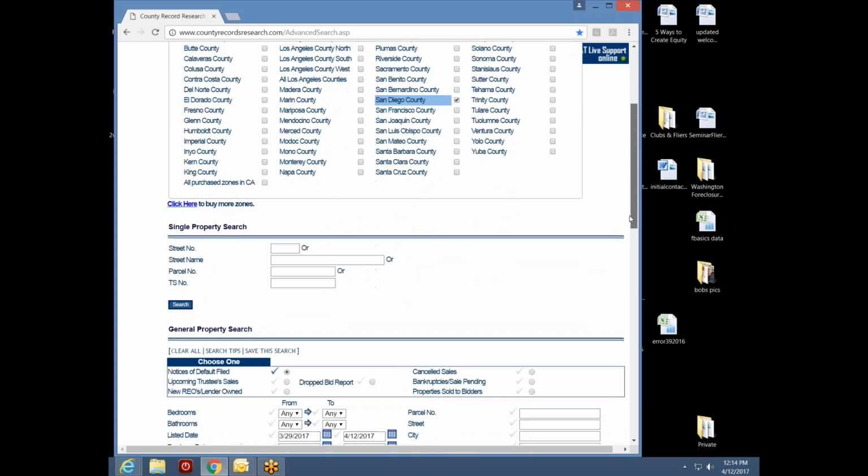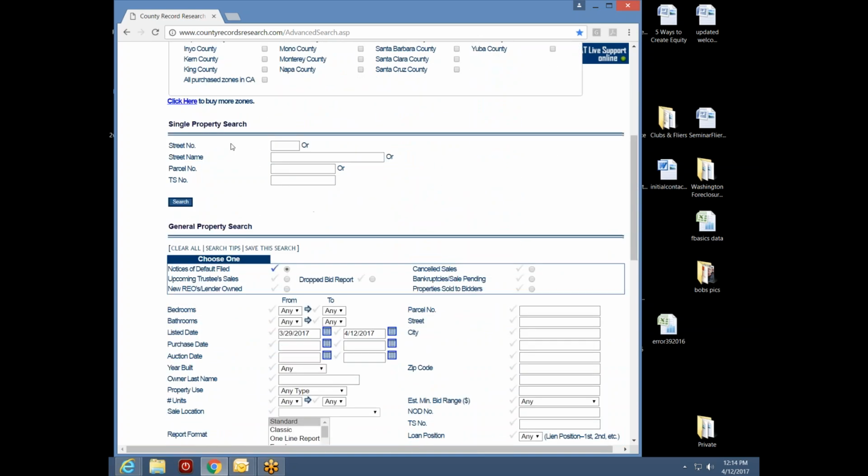Now, if I scroll further down, here's my single property search option. This is my favorite part of the site, and we demonstrate this on Friday, because this is part of your secondary research. Once you've isolated a property you're interested in, you use the single property search to do additional research on that property. This is also a great tool if you're tracking a property that you've lost track of and you want to re-ground yourself to what's going on with that particular address.